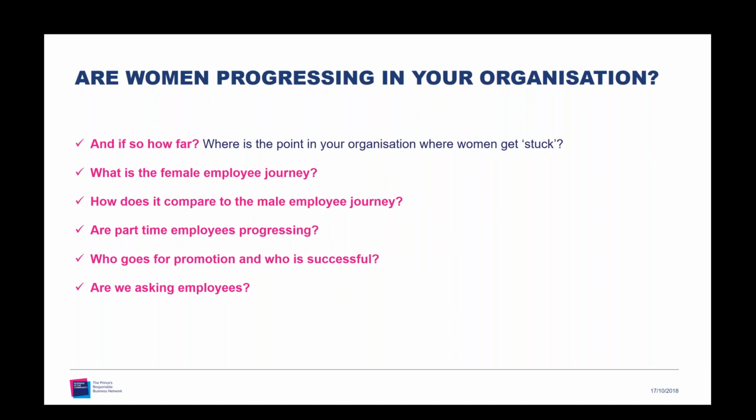A good exercise would be to look at the employee journey, from entry level, and compare men and women at various points. After 5 years, after 10 years, where are they? Have they progressed? Look at attrition rates between male and female, and how many move to part-time work. Is there a marked point when women leave? Is it age? Is it family circumstances? Is it after they reach a certain level? How many of each gender progress? How far do they progress? Is there a clear level where women get stuck? I think you'll be able to find that out if you interrogate your data a little bit.